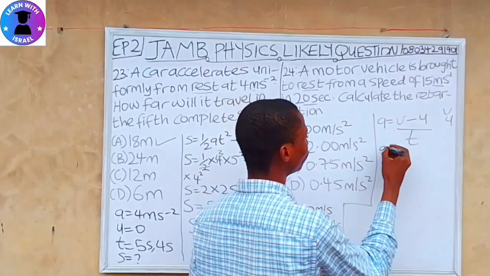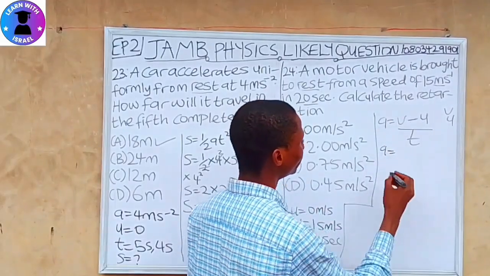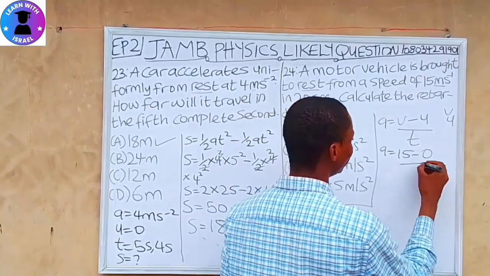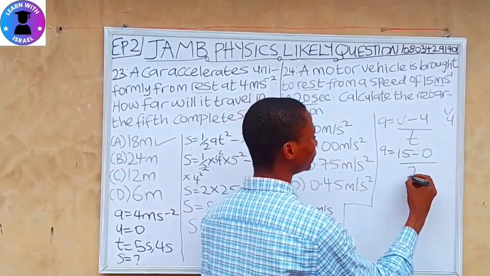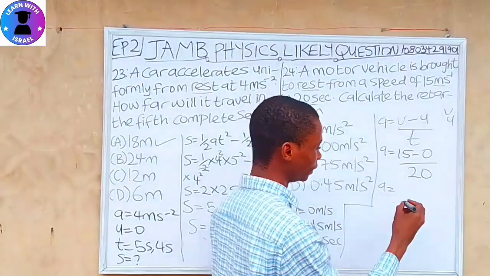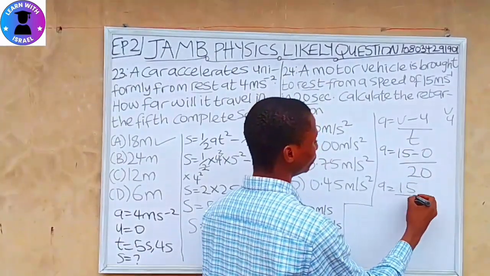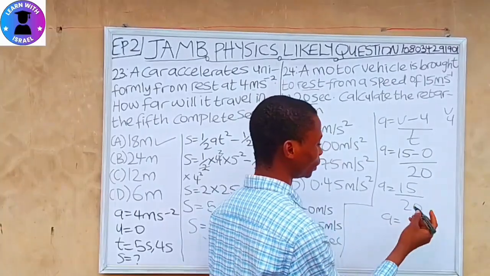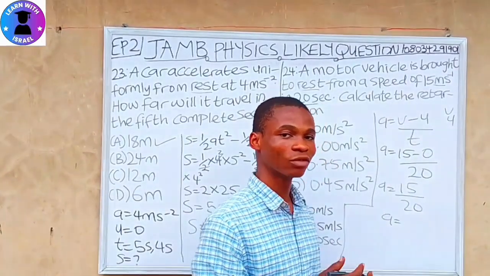So our acceleration equals our final velocity, 15, minus our initial velocity, 0, divided by our time, which is 20 seconds. So our A equals 15 minus 0, which is 15, over 20. So 15 divided by 20 is, check your calculator,